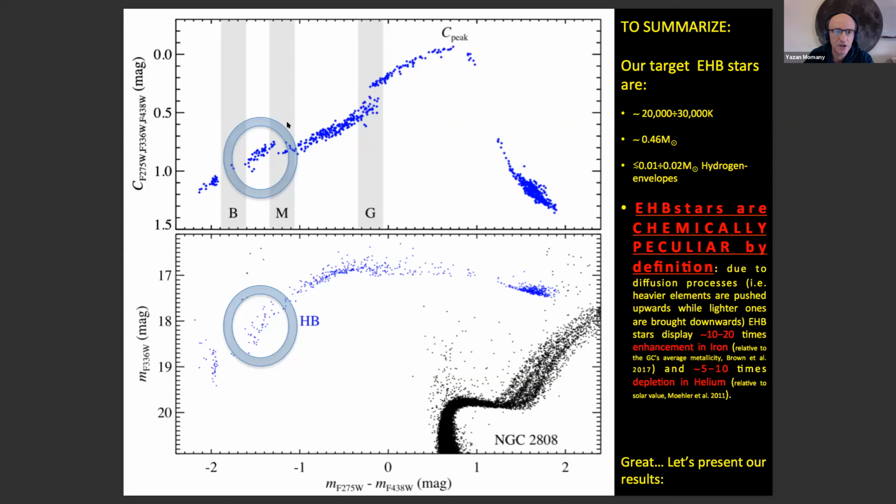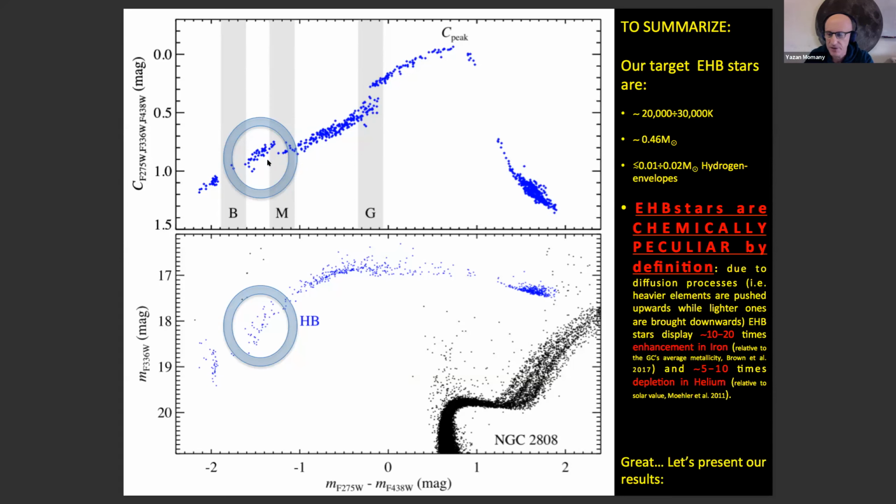So this is the population that we are interested in. It is somewhere between 20 and 30,000 degrees, 0.46 solar masses. And the very important thing, the distinctive characteristic of these stars, is that they are chemically peculiar. And this is already a hint of what I will be talking about with respect to the chemically peculiar stars